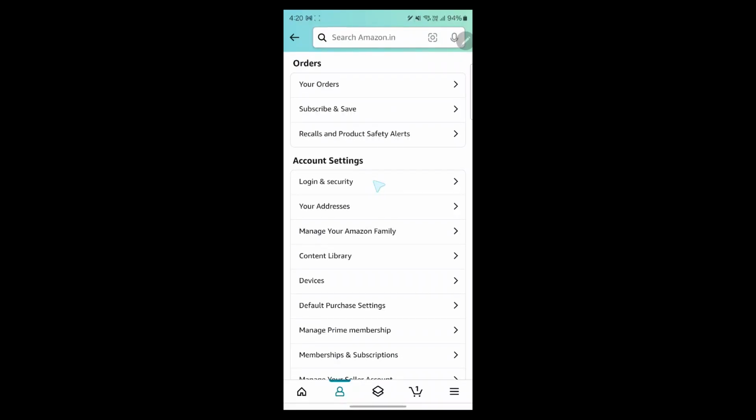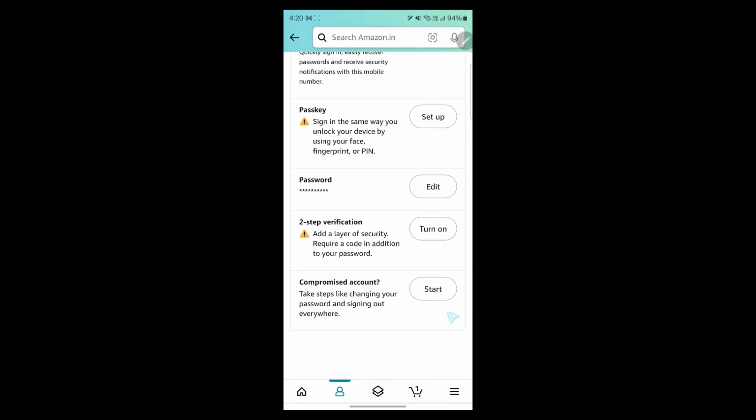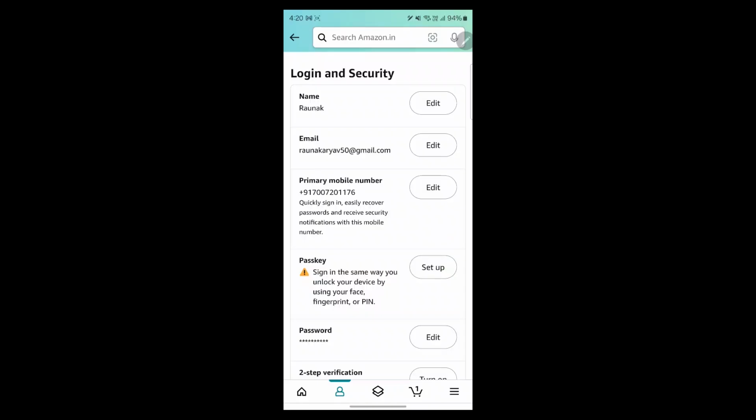Now, if you click on this three-dotted icon here, navigate to account, click on login and security, you will see all the login and security details of your Amazon shopping account. And you can create a passkey, password, two-step verification, or set a primary mobile number, edit your name and email on